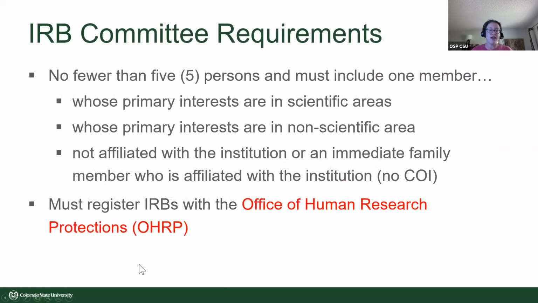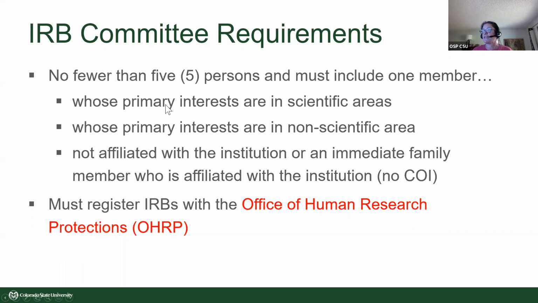Okay. What are the IRB committee requirements? Each IRB has to have no fewer than, so at least, 5 members with varying backgrounds. That way they can have a very complete and thorough review of the research activities that are commonly conducted at your institution. There has to be sufficient scientific qualification and expertise for the type of research being done at your institution. And there really should be a mix of gender and race and cultural diversity on your board as well. So no fewer than 5 people.